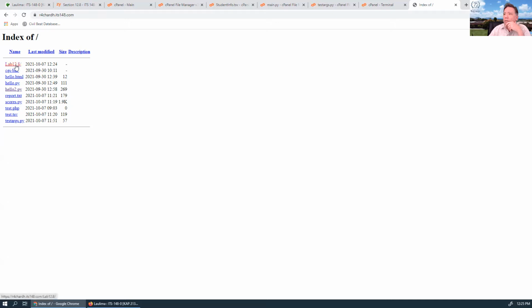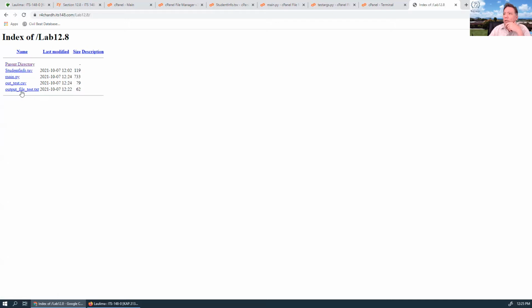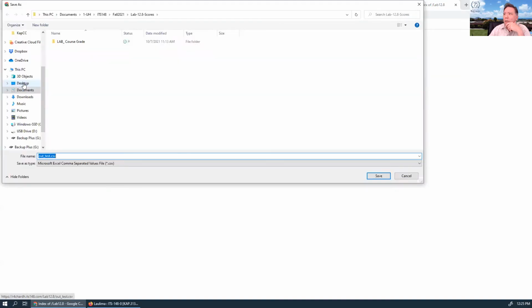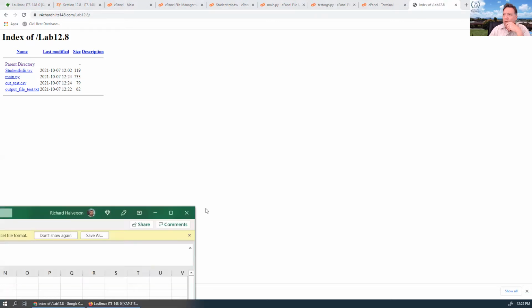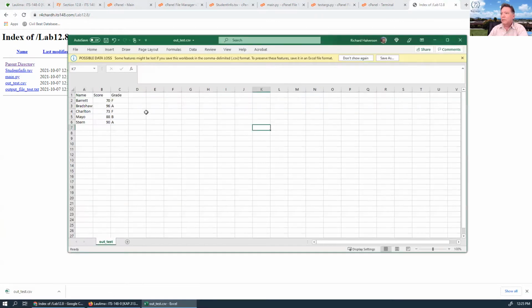Oh, here it is, lab 12.8, and what happens when this is the one I just created. Oh, I wanted it to open up like a. And this opens up. So I guess it did kind of open up like a spreadsheet. All right. Well, anyway,